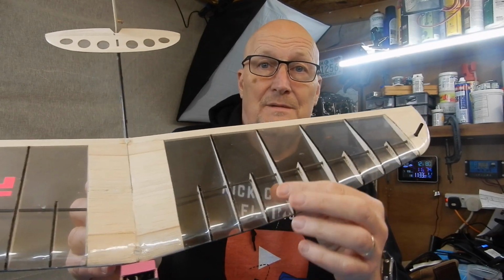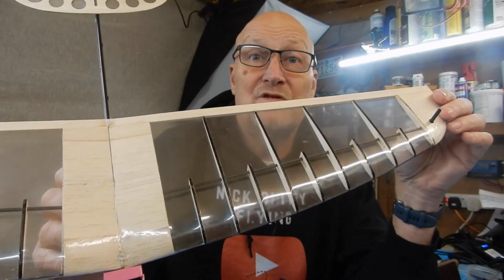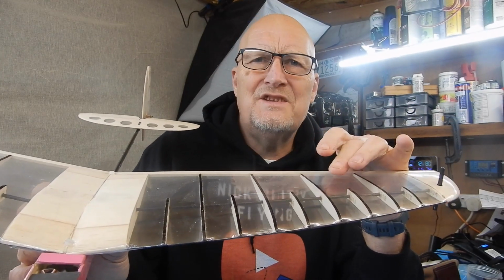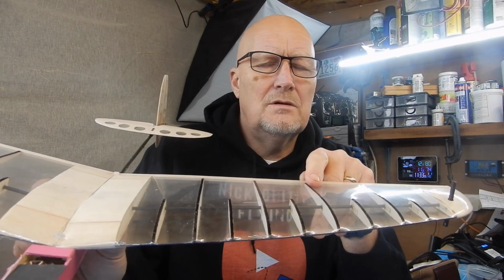Sharpie, black felt tip Sharpie, just on the end of the ribs because I wanted it to look like one of my son's hang gliders, and that is quite an expensive clear solar film covering, I think it was I got. Now,